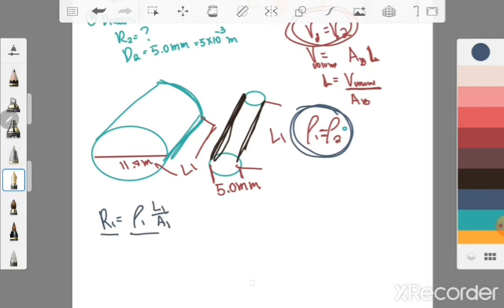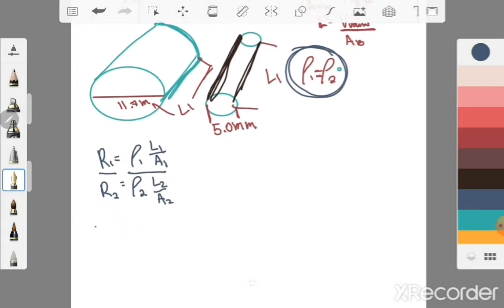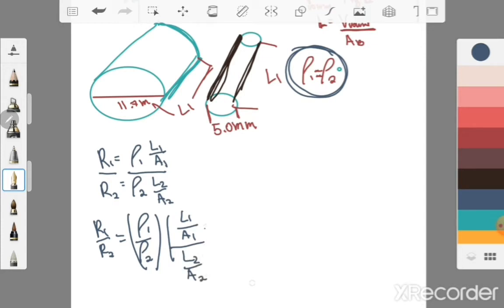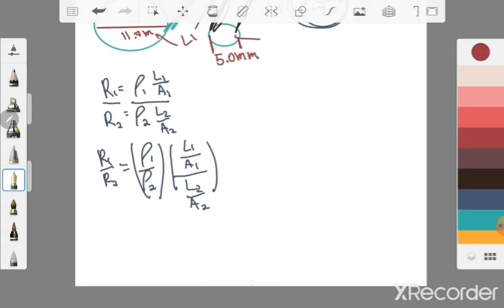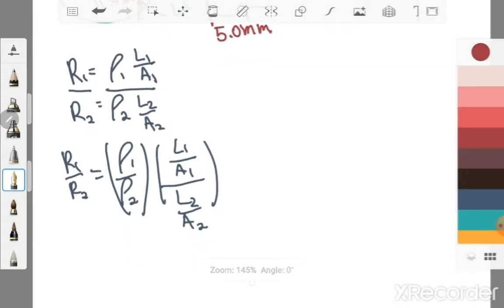And also, I may say that my R2 is equal to rho 2 multiplied by L2 over A2. So, dividing both sides, we have R1 over R2 is equal to rho 1 over rho 2 multiplied by L1 over A1 divided by L2 over A2. But since, take note, we have defined that P1 is equal to P2,